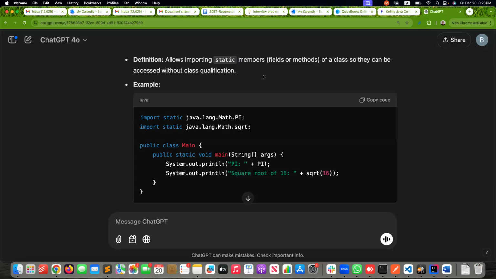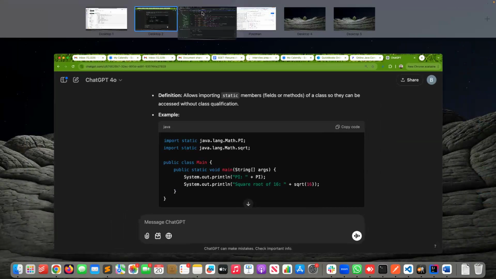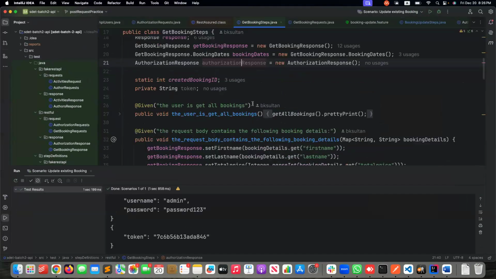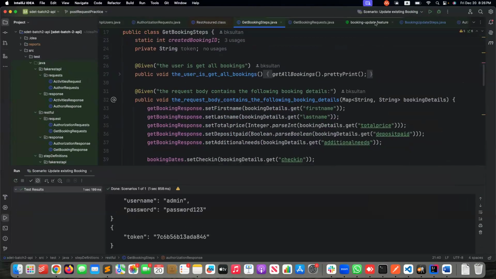For the utils, you imported the waits, I think, as a static import, so that you don't even have to refer to the class name and then use the method. You can directly use it without creating. Even here, it's noticeable, right? In our framework, I think you are using it,